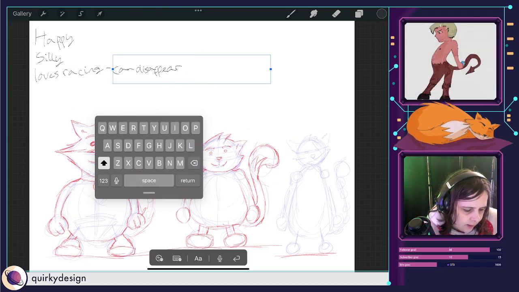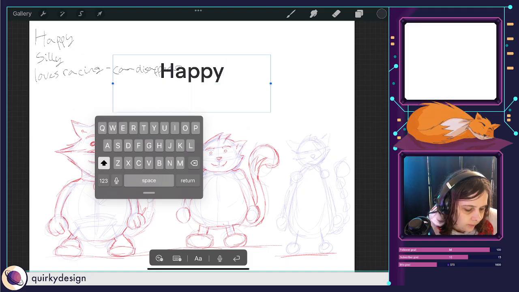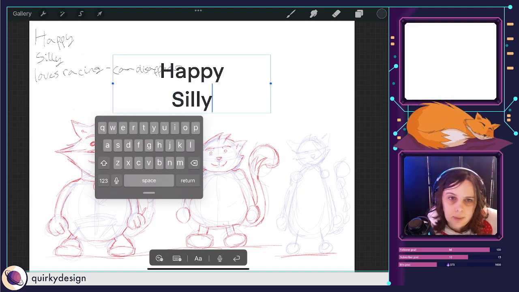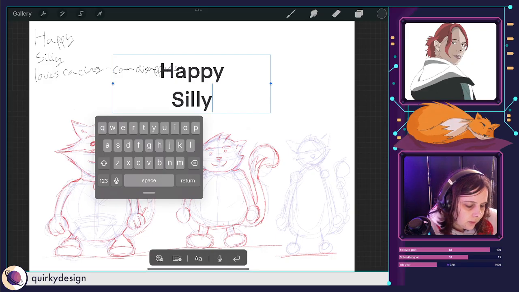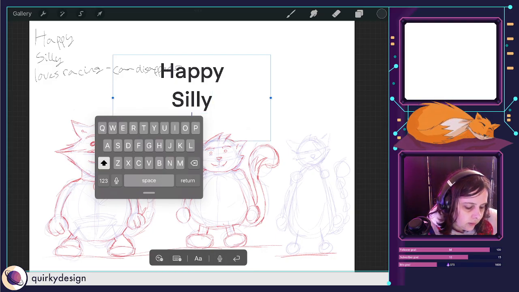Let's see, happy. It's weird that you can add text, but it works. Silly. It's better than me handwriting them out, to be honest. Let's see, loves racing.